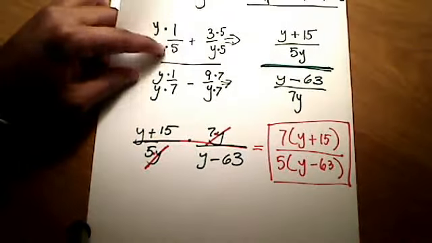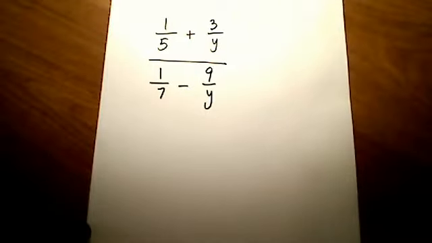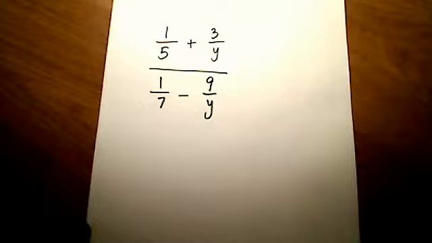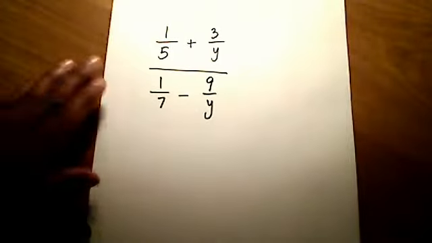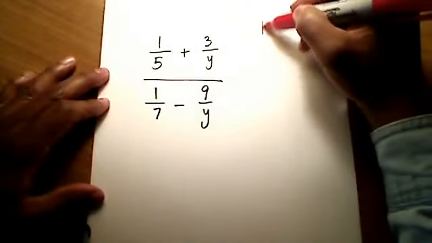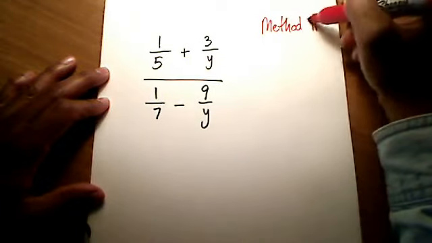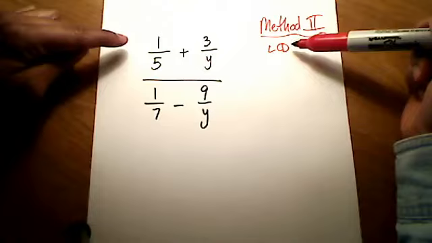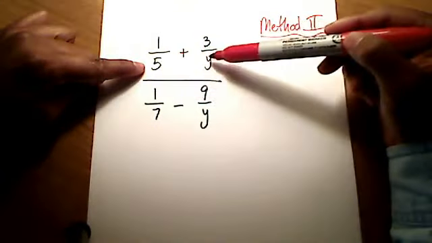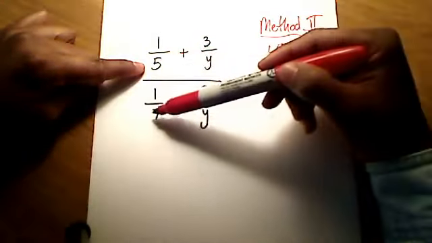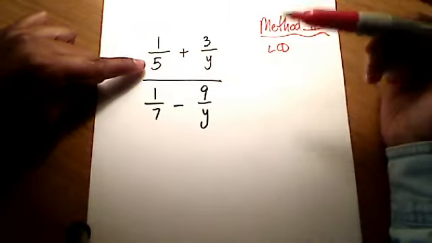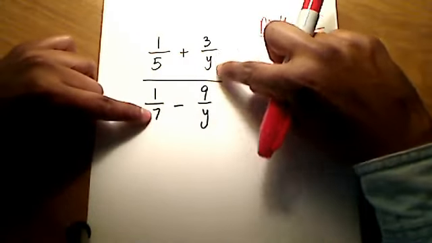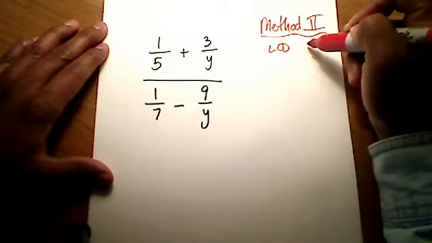So I'm going to show you this exact same problem that we started with using a slightly different method. I actually like this method better because it goes a lot faster. You'll see that I'm going to jump straight to my answer here in no time at all. Okay, so the first step in method 2 is to first find an LCD. This LCD that I'm looking for is the LCD of all four of these fractions. Do you see that there are four fractions, and I need to find the LCD for all four of these fractions? So out of 5 and y and 7 and y, I hope you see that the LCD is